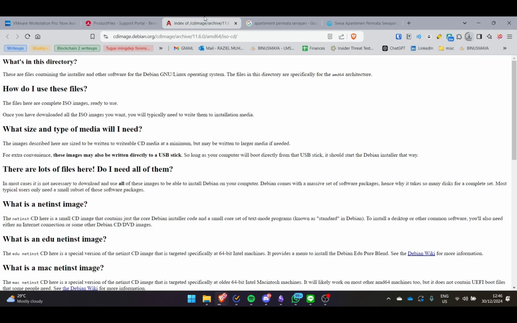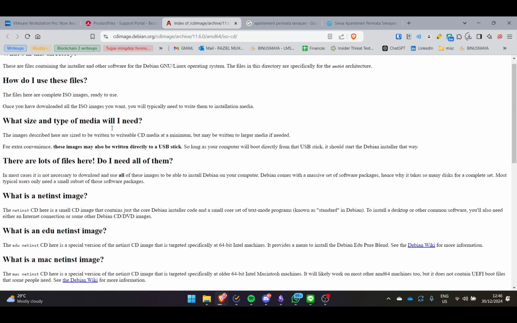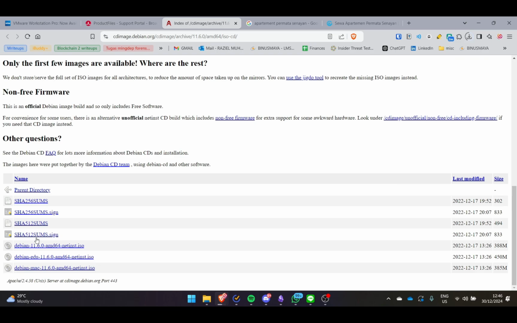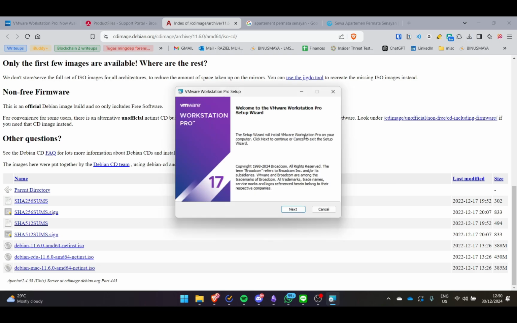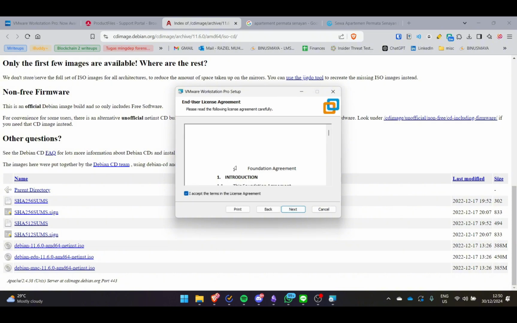In the meantime, we will be downloading the ISO we need to install using VMware, and for the OS that we used, Debian 11. We'll download Debian 11 through this website over here and download the ISO we need. Alright, now it's time to install the VMware Workstation using the wizard. Now, all we have to do is accept the terms and licenses in the agreement,